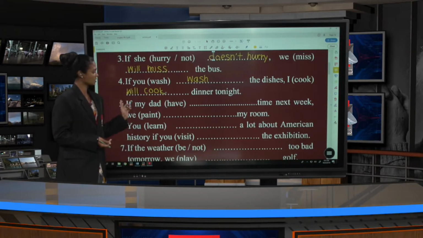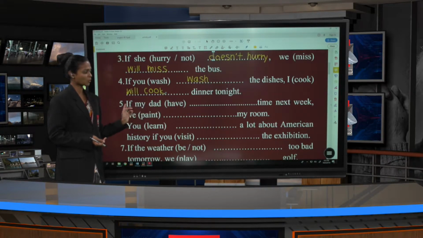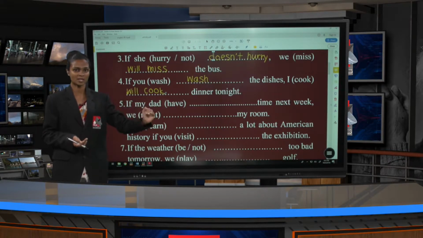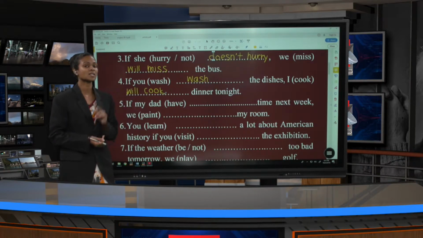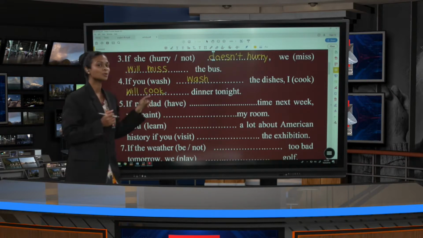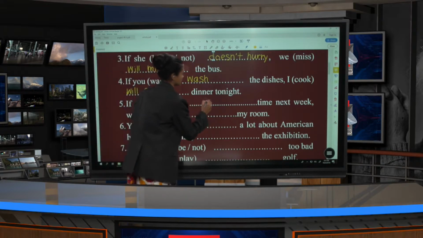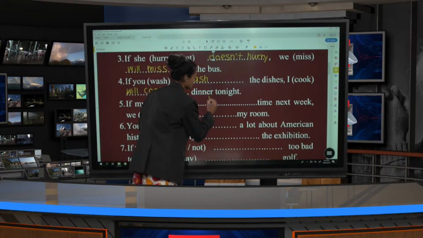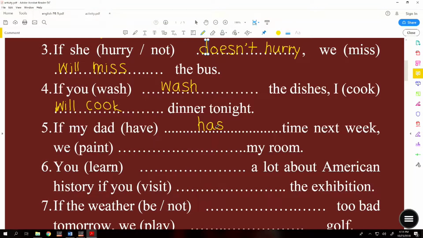The if clause appears at the front of the sentence. So how do we construct it? If plus simple present. If my dad, it is have or has. Dad is singular, so you have to put has. If my dad has time next week,